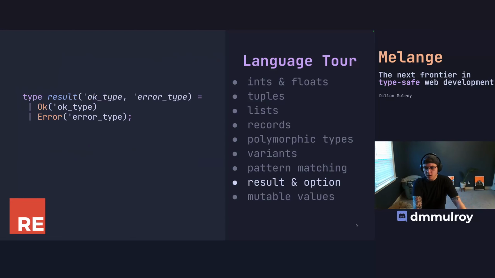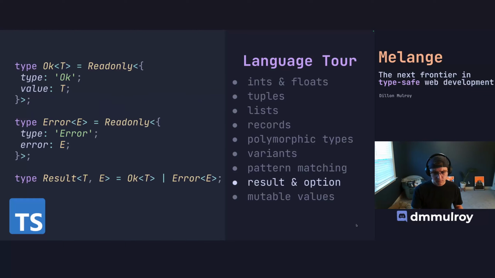So next, let's talk about two built-in variant types that are used all over the place in OCaml and ReasonML. That is going to be your result type and your option type. So to start, our result type. This is how we're going to generally handle errors in OCaml and ReasonML rather than raising exceptions or using try catch, right? So we're going to have this result type that has two constructors. One is going to be an OK and the other is going to be an error. We can see that the OK is going to have some generic type, OK type, and the error constructor will